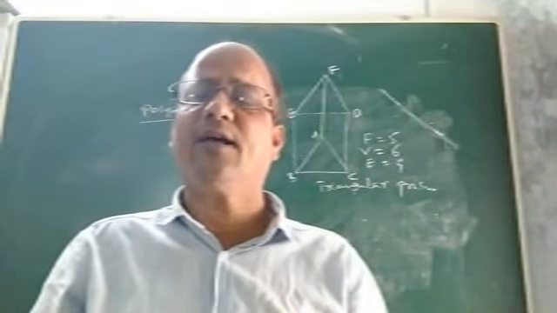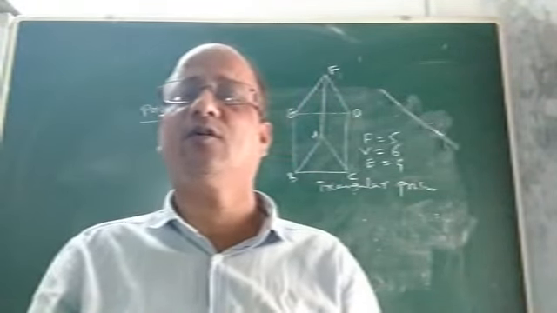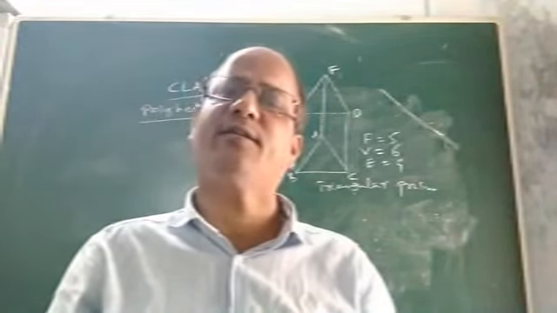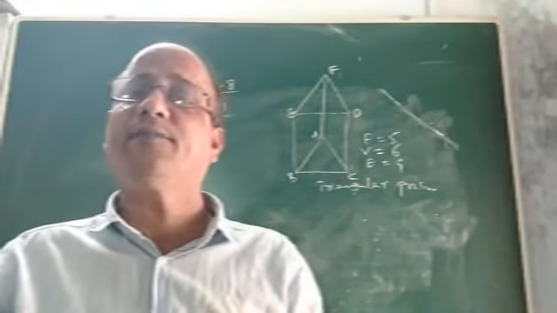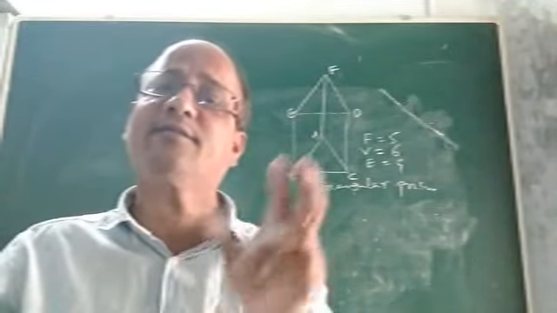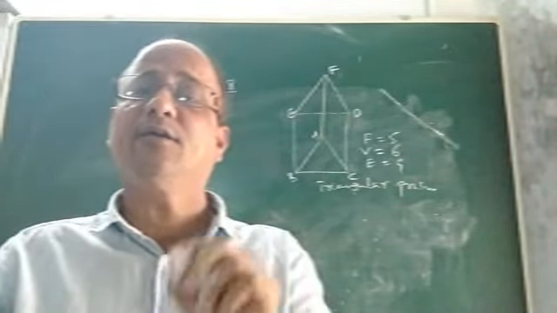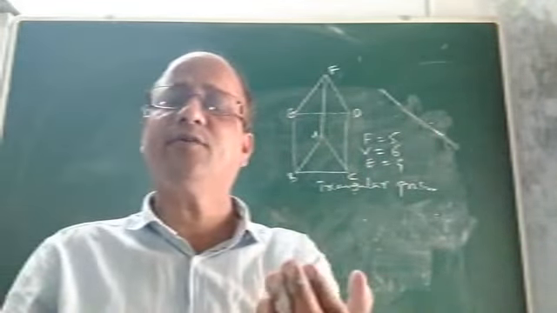Children, in the previous class, I was discussing two important types of polyhedrons, namely prism and pyramid, where I discussed everything in detail. I gave you the concept of prism and pyramid, how to identify which solid is a prism, which solid is a pyramid, and what conditions a polyhedron needs to satisfy to become a prism or a pyramid. Once again, let me review the same thing.